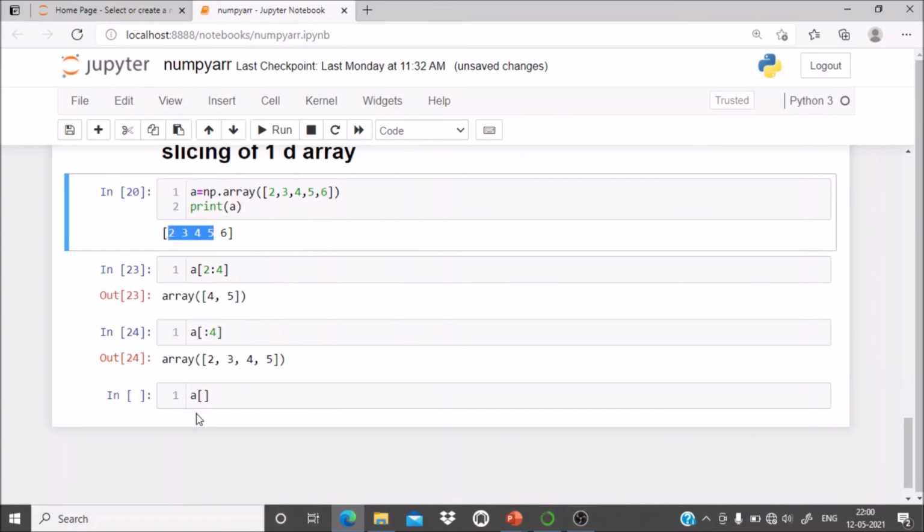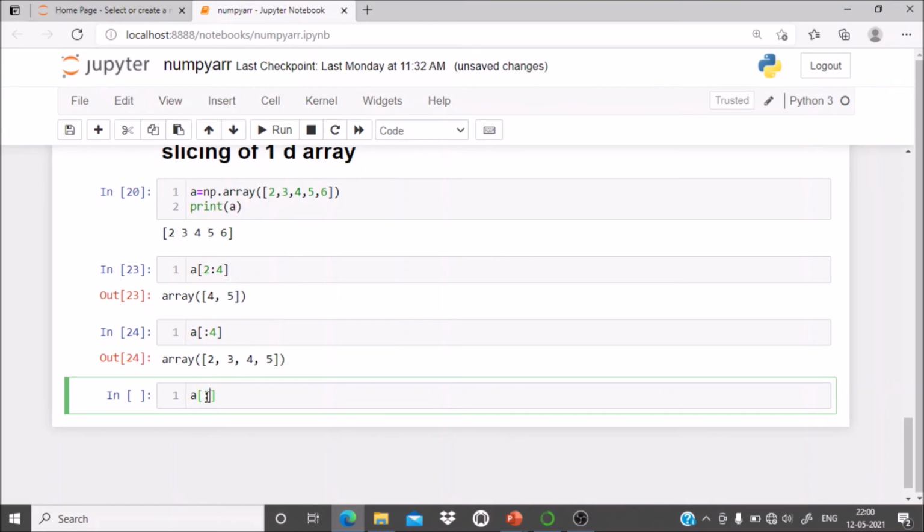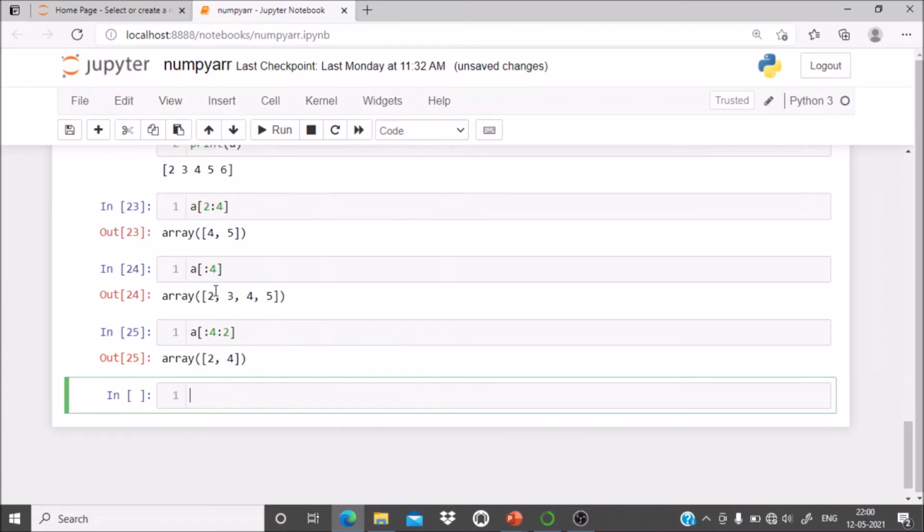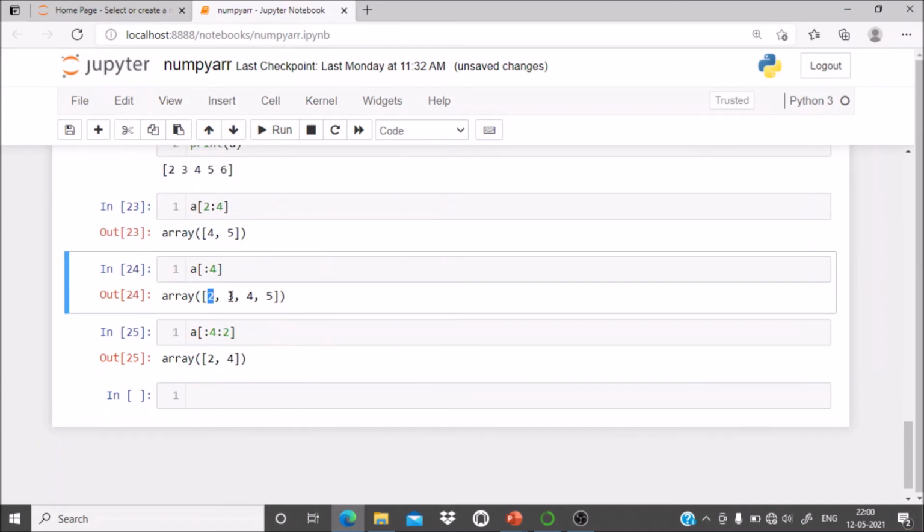What is the starting index? No need to specify because it begins from 0. Then what is the ending? This is 3, this is 4, so you must specify 4, and then colon, you have to specify the step. If I specify step 2, by default it is 1. If you specify 2, then it will skip one value. So here you can see the values are 2, then 3 is skipped, and it displays 4.